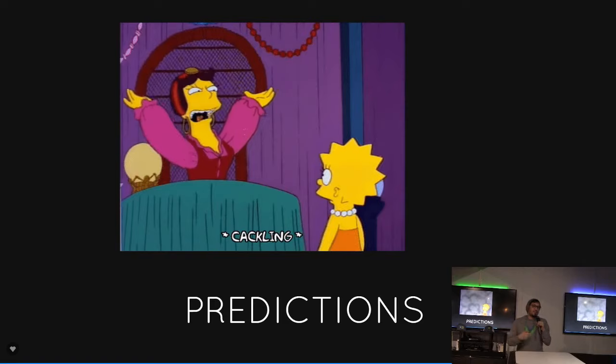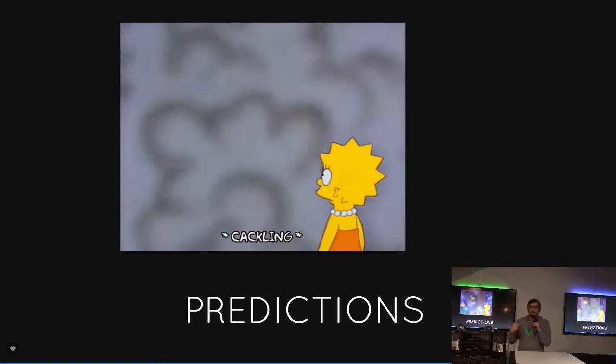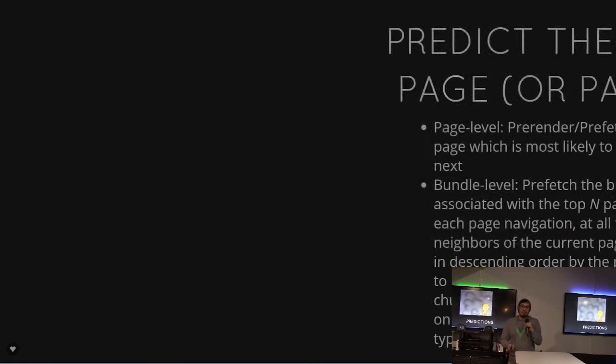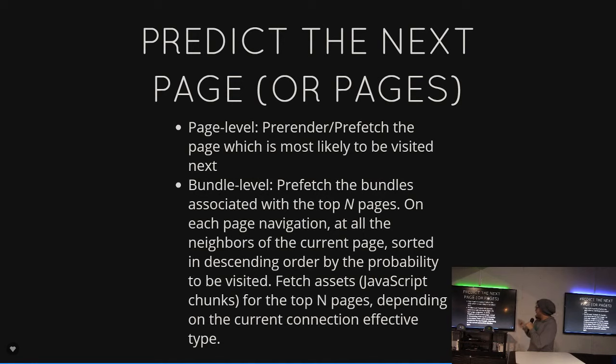This is more predictions. As I keep going through all the web stuff, it's pretty much all predictions, because the web is really trying to deliver an experience, and an experience can be enhanced by predictions. And this is trying to predict the next page or pages. I'm not going to read all this stuff, I'll just give you the gist of it. The aim of the framework is to predict the next page on a very large web page. On a small web site, you have 10 pages, whatever, it's fine. But on a very, very large scale, if you can reliably predict the next page you're going to, you can start loading up JavaScript before they get there.